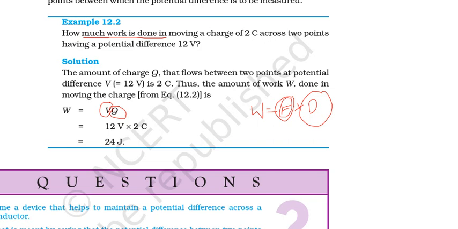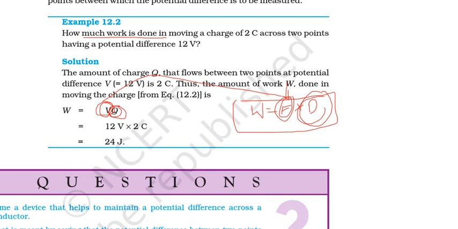In the previous case, I told you what is the work done? Force into displacement. Yes or no? In the mechanical condition, force. In the electrical point of view, potential difference. Right? Here, these both are equal: potential difference, and this is a charge here. In this case, distance here.